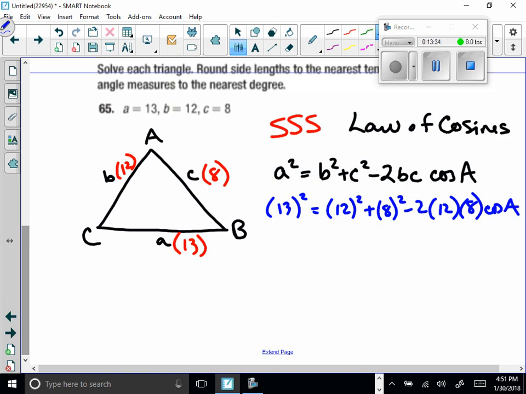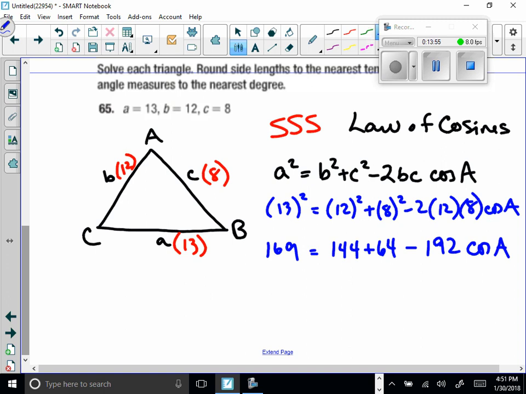And I'm going to simplify. So I have 169 equals 144 plus 64 minus 192